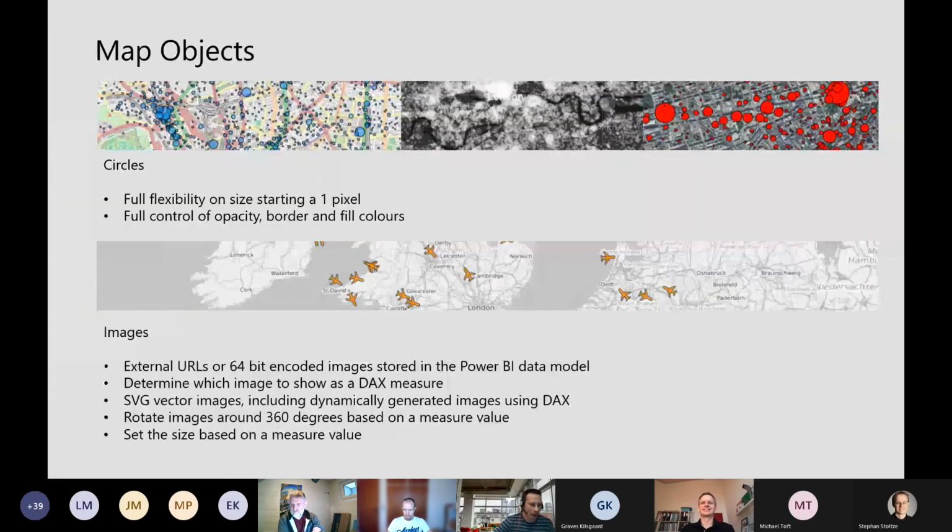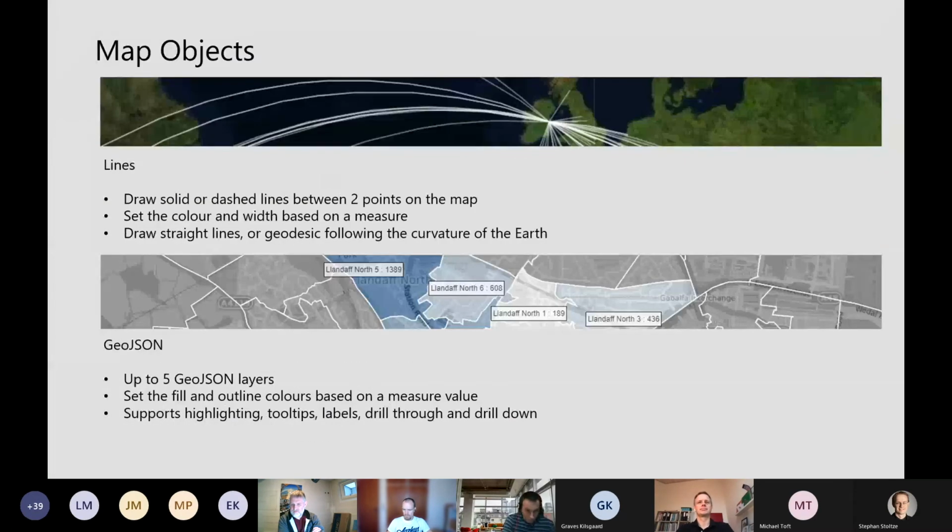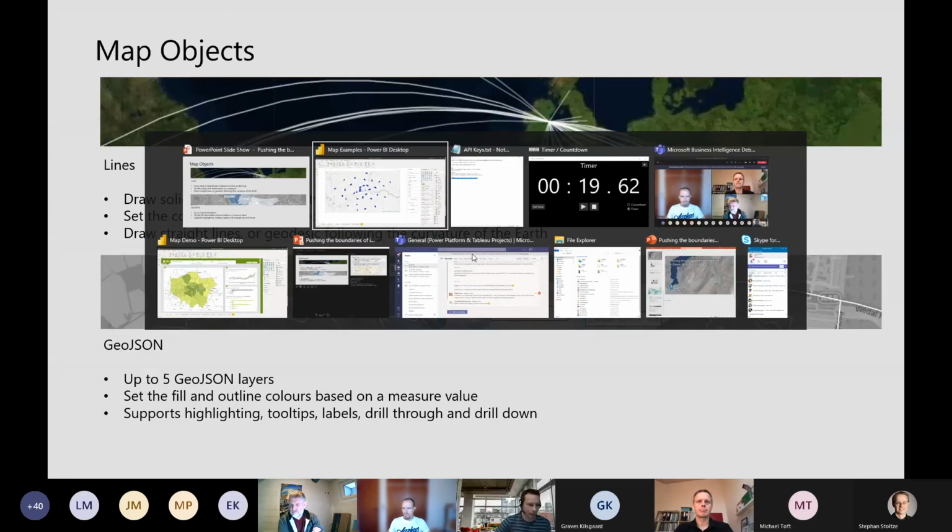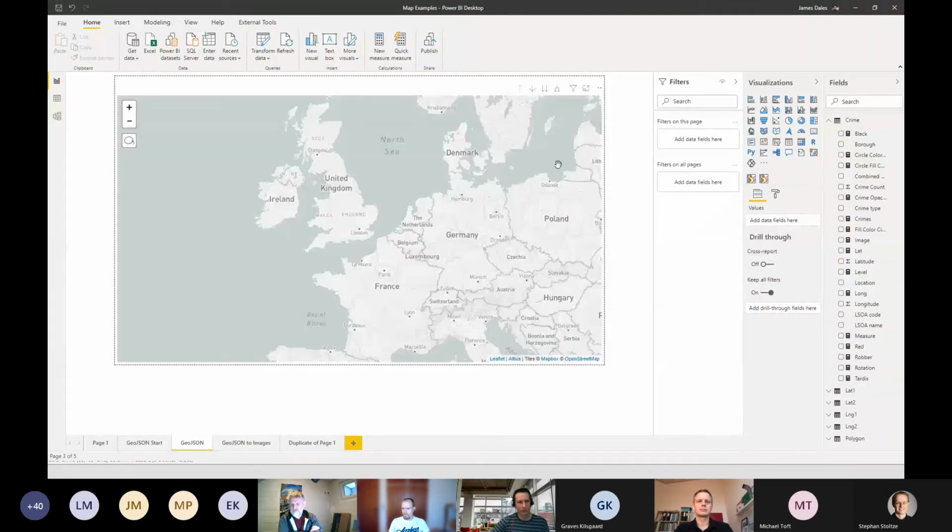Icon Map can also draw lines. They can either be straight or follow the curvature of the Earth, and you can change the thickness of those lines. But I'm not going to demonstrate that. I'm going to very quickly instead show how we can create a choropleth map. So let me pull in. I'm going to